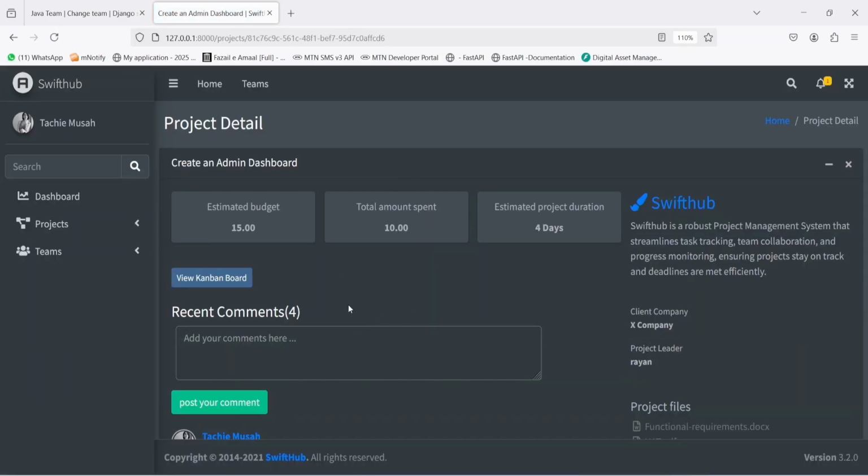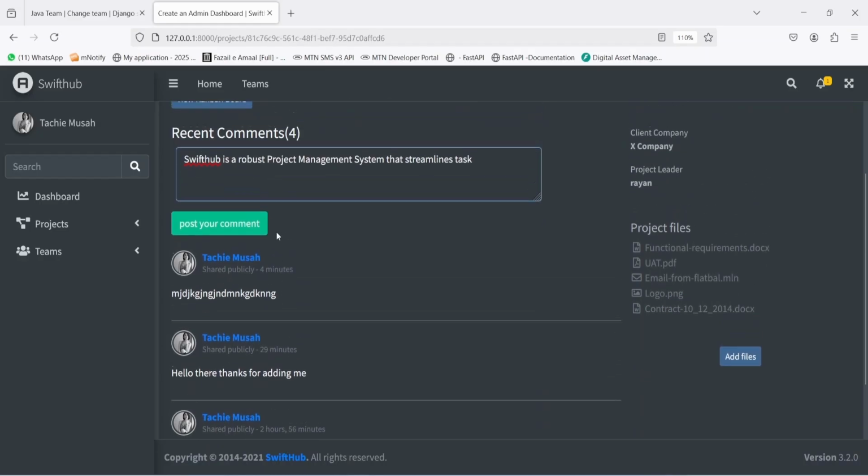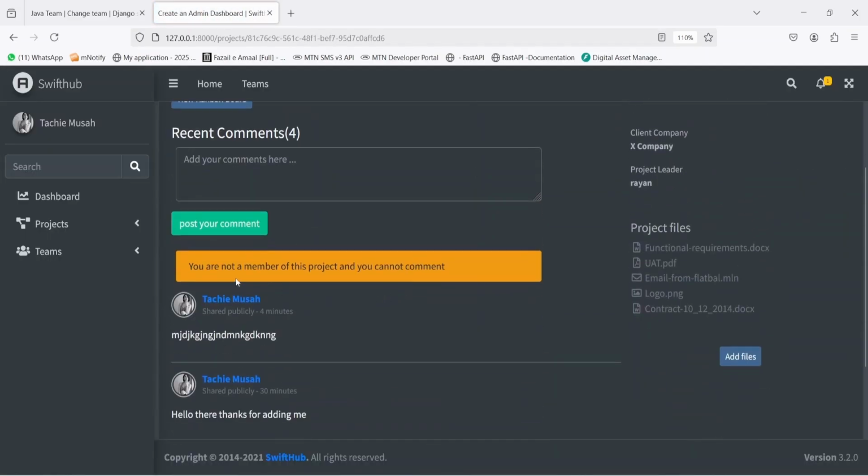In future, we are just going to prevent these people from seeing the page when they are not part of the team working on this project. But we need to test this now, and I'm now going to make a comment. Let me copy something from here and then paste it here. And now I'm just going to click on post your comment. Click on that, and now we are seeing "you are not a member of this team and you cannot comment